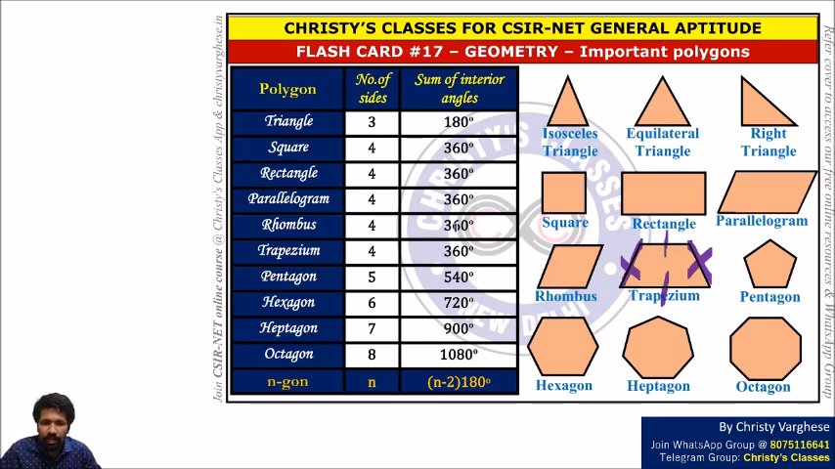Then they are the four-sided shapes. All those four-sided shapes, sum of interior angle is 360. Keep that also in mind. So four-sided shapes also done. Now five-sided shape,